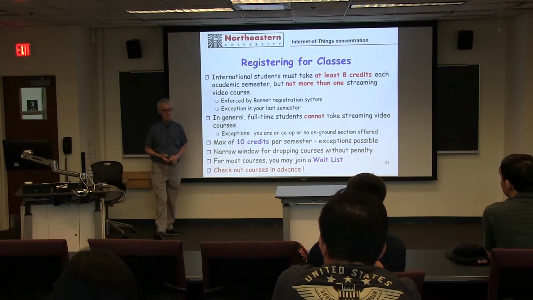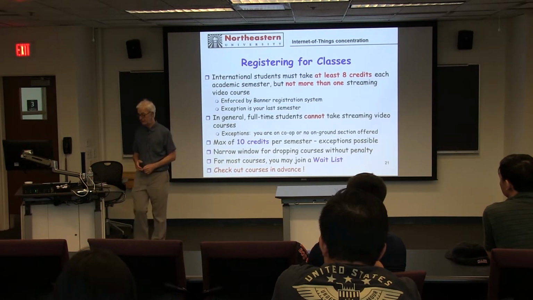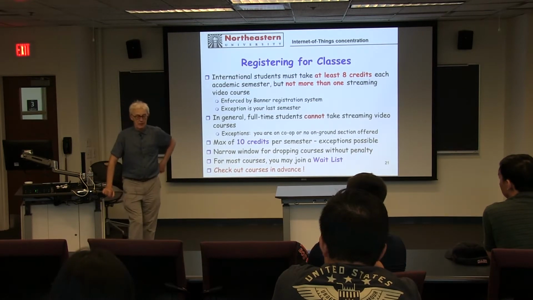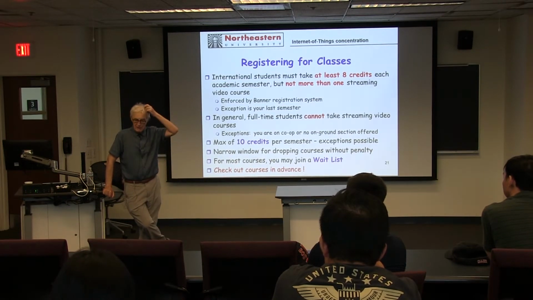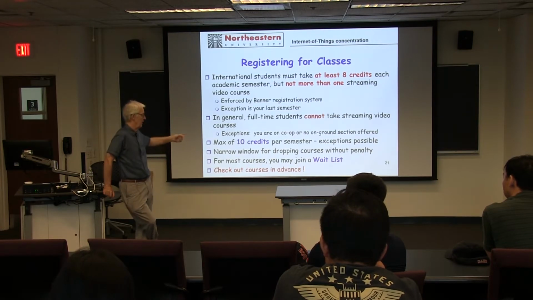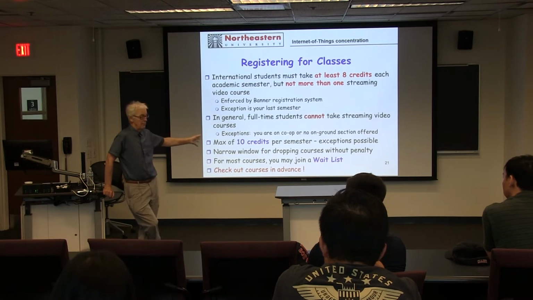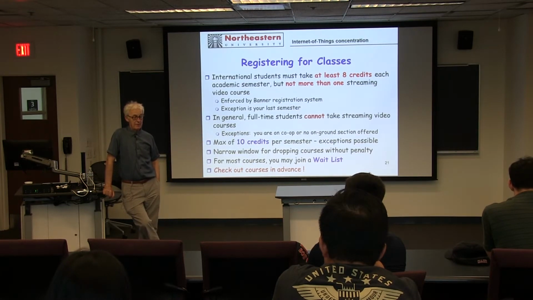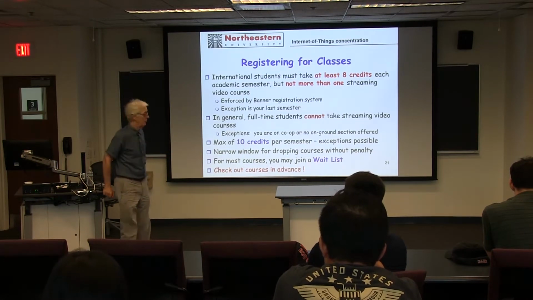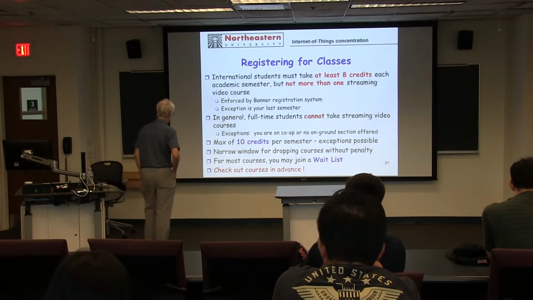There's a narrow window for dropping courses without penalty. I think it's 2 weeks, right? If you can't drop after that, then you have to actually withdraw from a course. So you make sure that you drop the course within that time period, and obviously you're going to need to add a course. Now, one of the problems is that